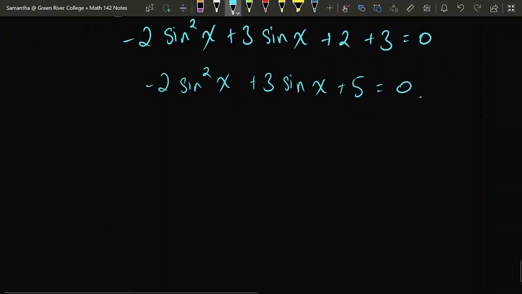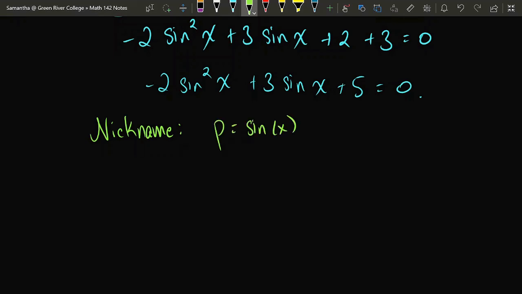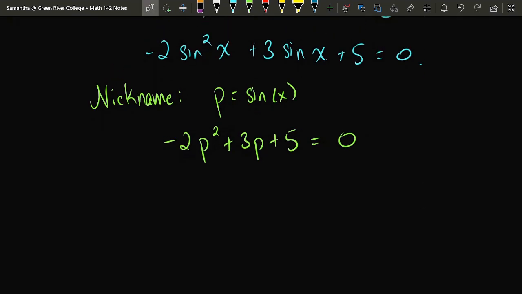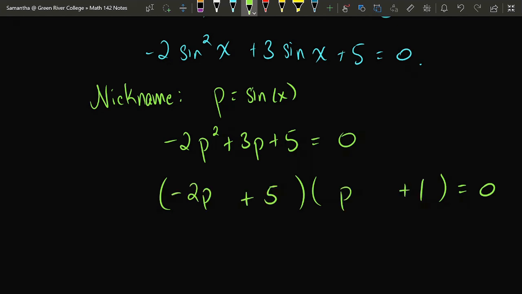So now that we've turned this into an equation that has only a sine squared, a sine, and numbers, let's try to use that trick of nicknaming sine of x by a simpler singular letter. And after making that replacement, I'll try to algebraically factor this equation so that I can use the zero product property. I will probably just use guessing and checking, and I think this will work, yes. Plus 5p minus 2p would be plus 3p.